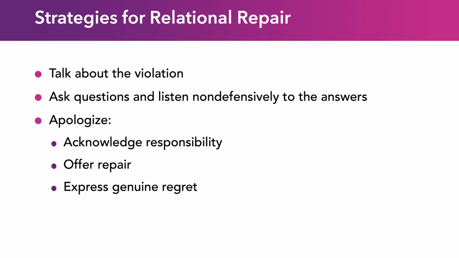So somebody has done something that has damaged the relationship. How do you go about fixing it? Hard though it may be for a lot of people, you need to talk about what happened. Okay? Because remember, I'm walking around the house, I'm stomping, I'm slamming doors, I'm sighing. Okay? And so everyone knows that I'm upset, but do they know exactly what I'm upset about? So it's important to talk about the violation, to ask questions.